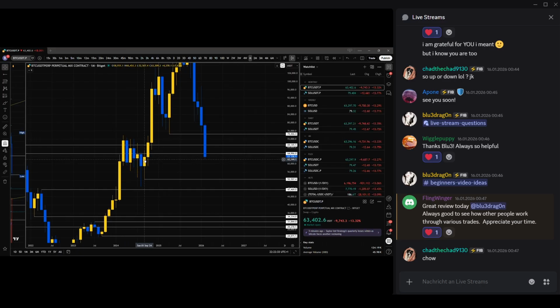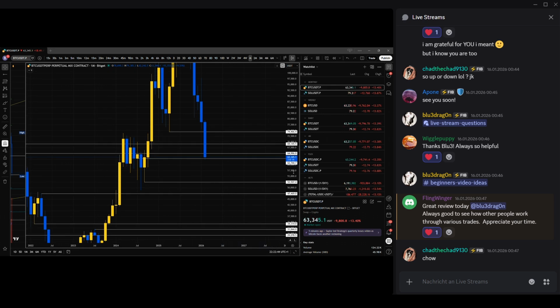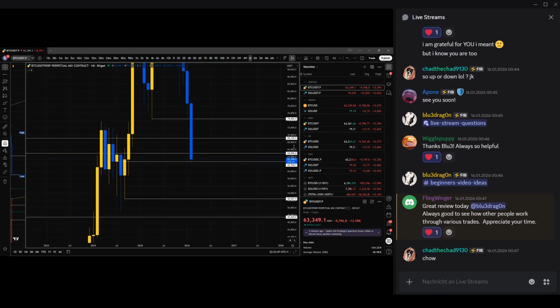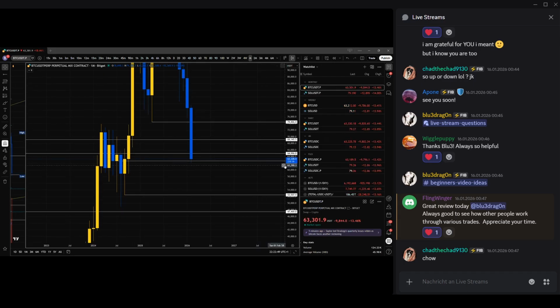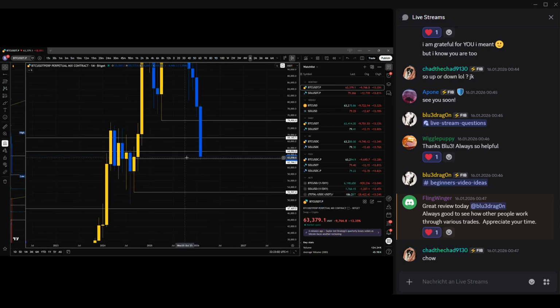That short is already done, but from a technical standpoint of support and resistance, those levels can still act as support and resistance. It's not on this chart, but on Binance, since I'm trading on Binance, it was 62,400, and that's where I started a long. I already TP'd it again, but a bit more caution here, but that's how you can also find certain